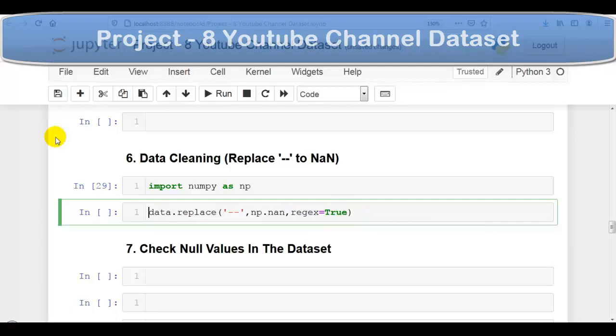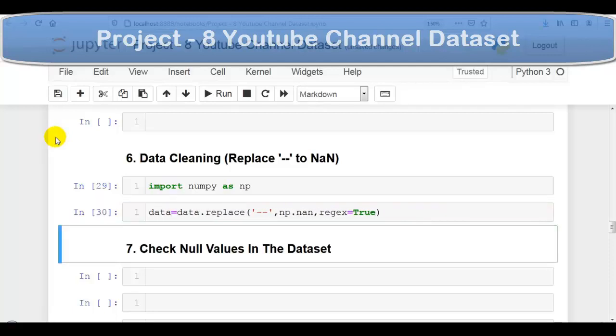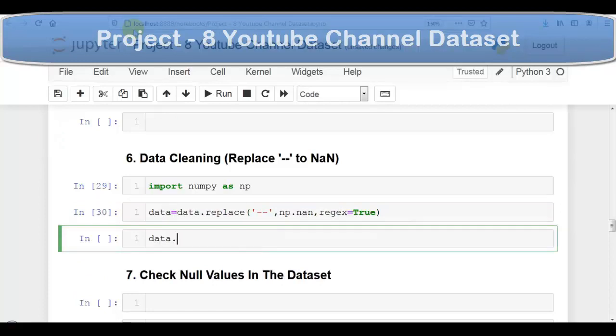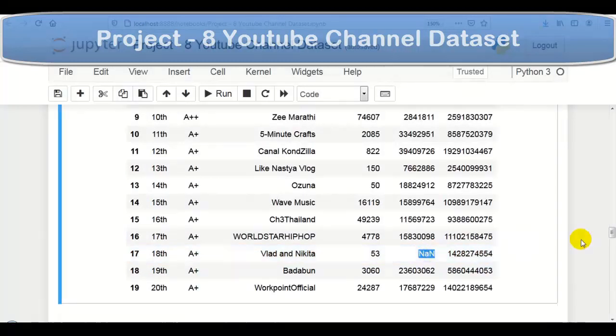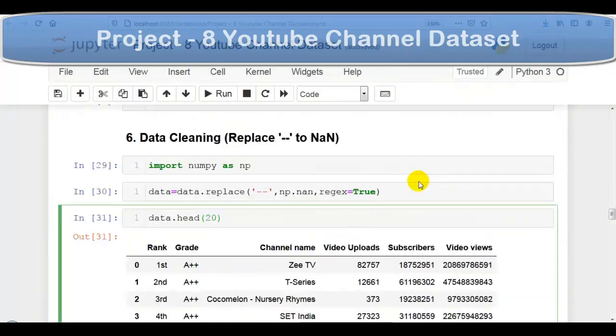Now, to modify our existing DataFrame, let's assign it back. Let me execute this cell. Now let's check the top 20 rows of our data set. As you can see, now it is converted into NaN. So this way we can perform data cleaning as per our requirement.